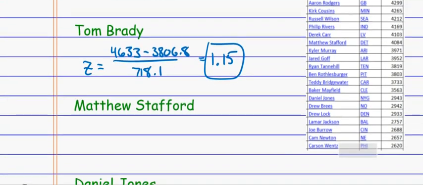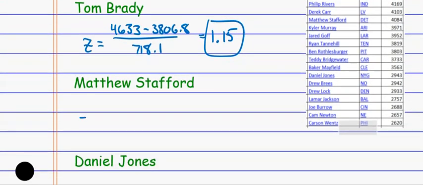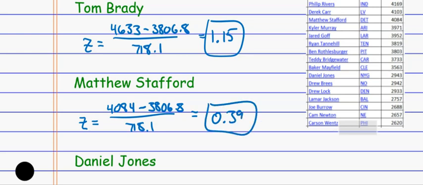Matthew Stafford. Again, Matthew Stafford is considered a very good quarterback. Let's calculate his Z-score here. So Matthew Stafford, he was at 4,084 minus the mean divided by the standard deviation. And we plug that in and we get 0.39. So we would say, yeah, he's slightly above average, okay? But really, anything that's within one standard deviation until we start to get towards those top ends of that thing, would say is pretty much around average. So yes, Matthew Stafford is slightly above average based on his Z-score because he is 0.39 standard deviations above the